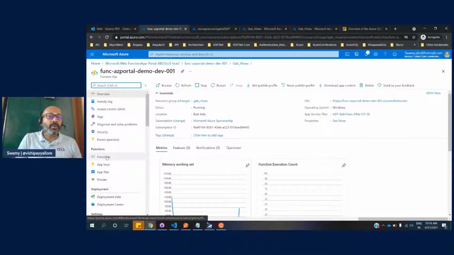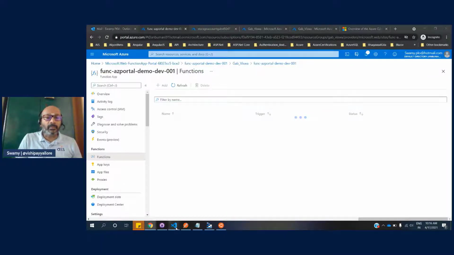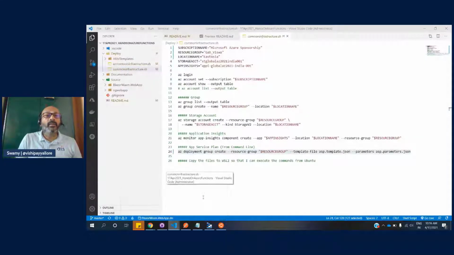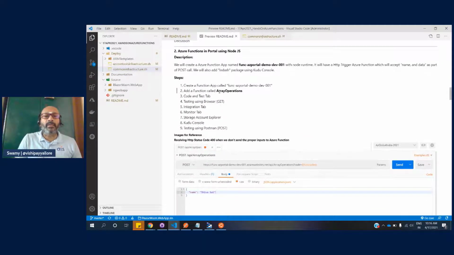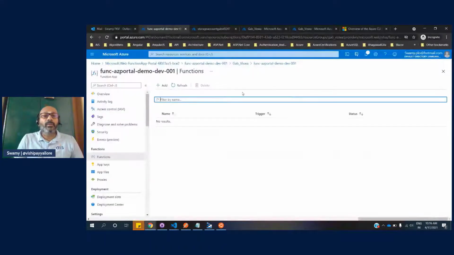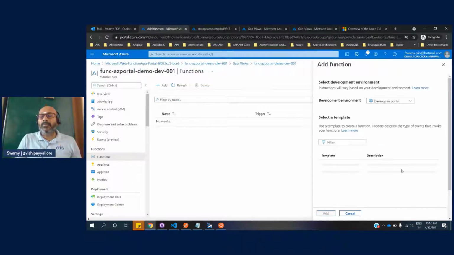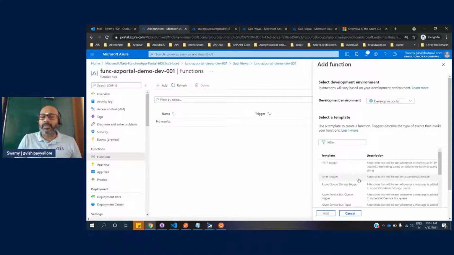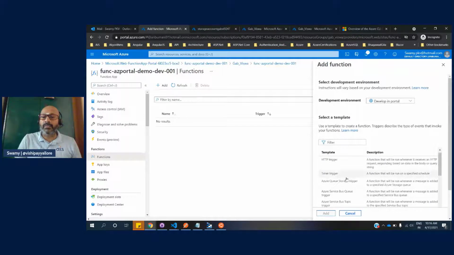Okay, let's get going with this function app. You come in here to this function, and I will go ahead and create. Here is the demo script which I have created, so you can follow this demo script. I'll go ahead and add this. There are multiple triggers. You can see this HTTP trigger, timer trigger, Azure storage queue, lots and lots of things are there.